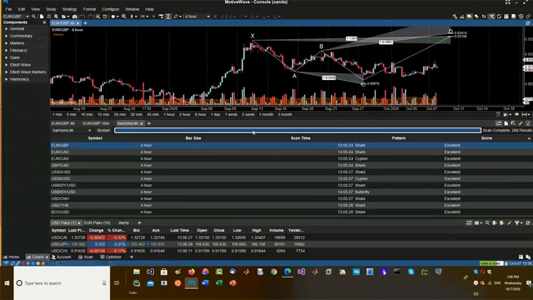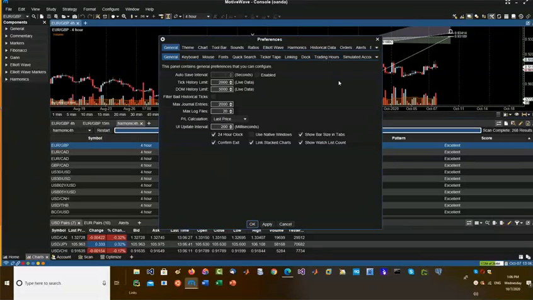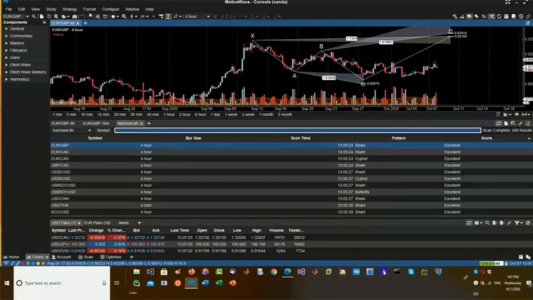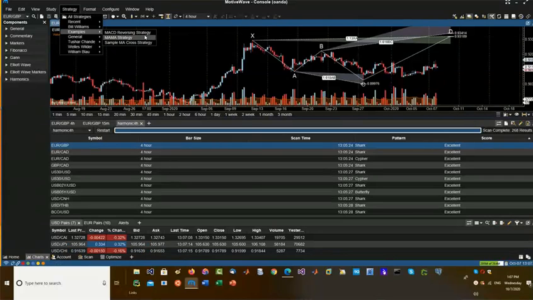Now let me talk about that. I know I'm all over the place here. So if you come under configuration, under preferences, under here you look for simulated account. You want that enabled. So now you can start with, I don't know, let's say $1,000 US for an account to test. Okay, so now with the strategy in place that I've got coded up under, where's my examples? Okay, so I have two here, MACD reversing, and I have